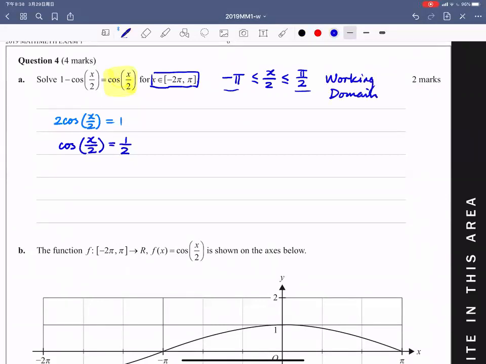Now, let's think about some special values. I know cos pi on 3 should be half. How about other possibilities? If I'm using my simple diagram of all station to Camberwell,